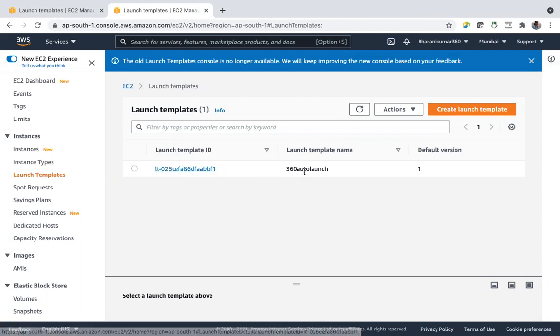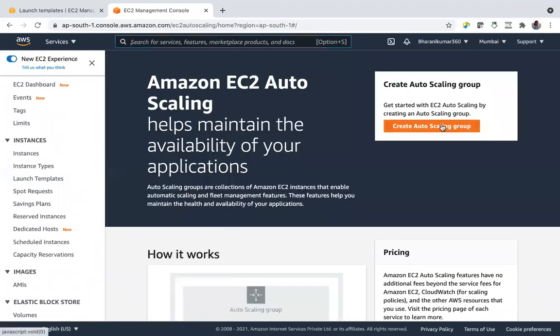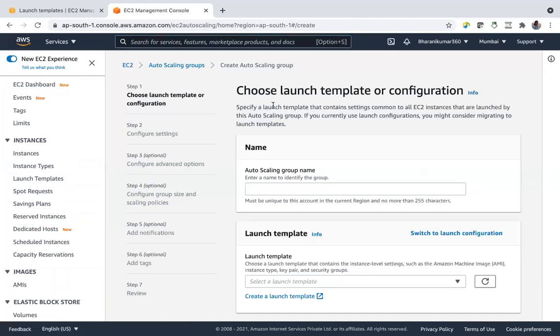My launch template ID. Let's use this for auto scaling. Let's go to auto scaling groups. Create auto scaling group, and this time we will use different policies. We already discussed one policy, the target tracking policy, and there what we have done is we have given a condition.